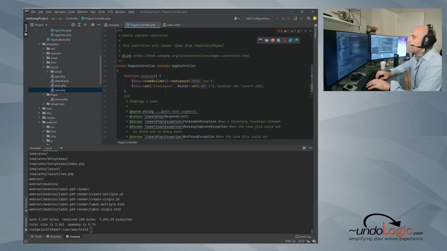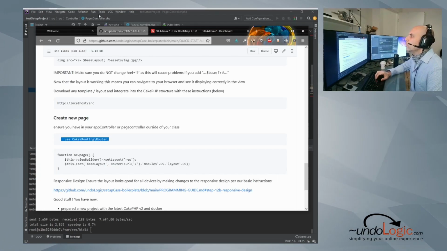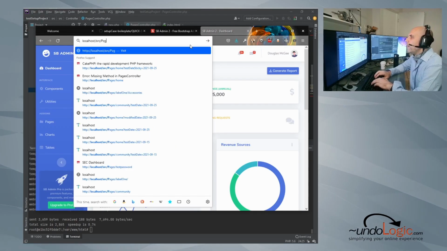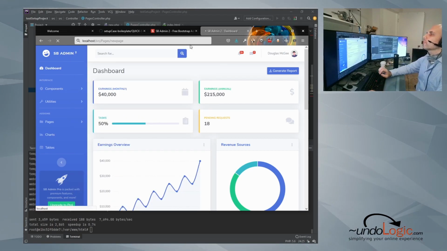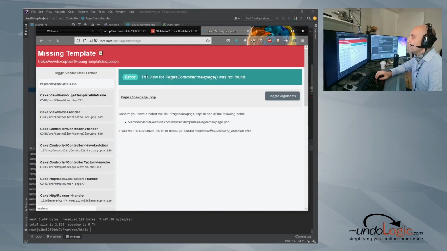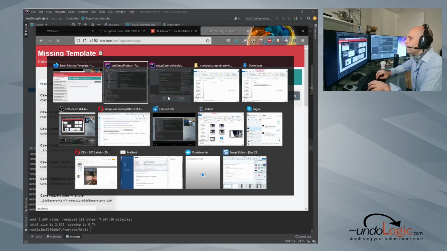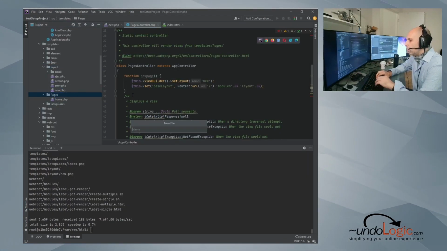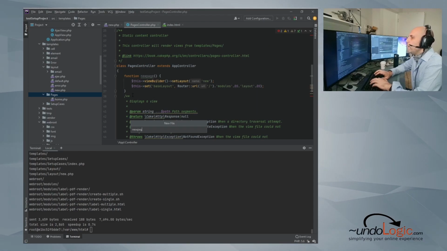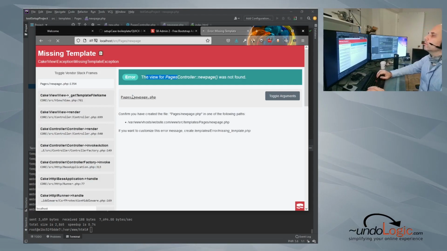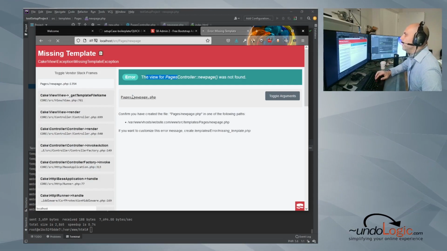So what did that do? Now we have a new page. So let's go to source, pages, new page. We're missing the view. That's okay, because obviously we haven't created a view yet. Come back here, pages, make a new view called new_page.php. Now we refresh, and now we have our layout,